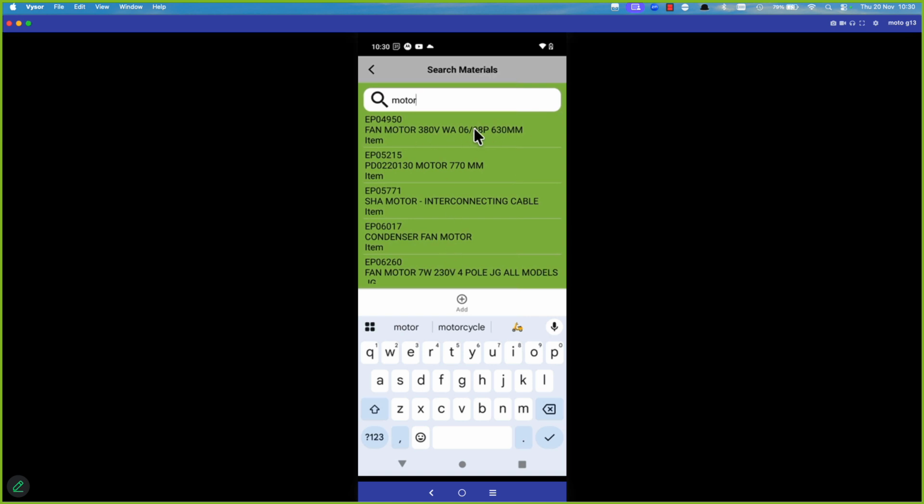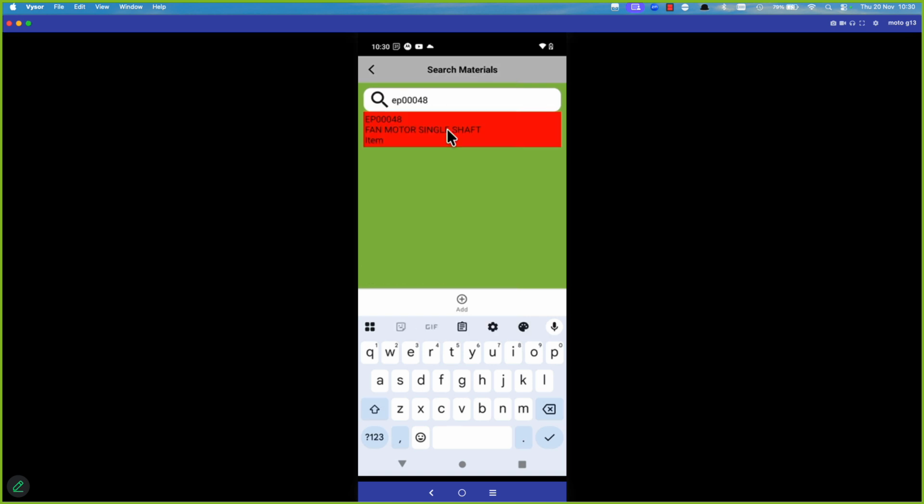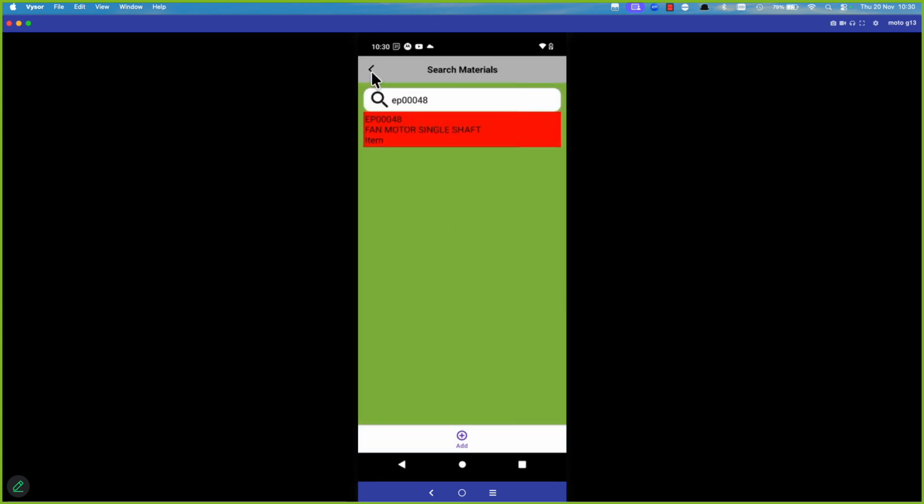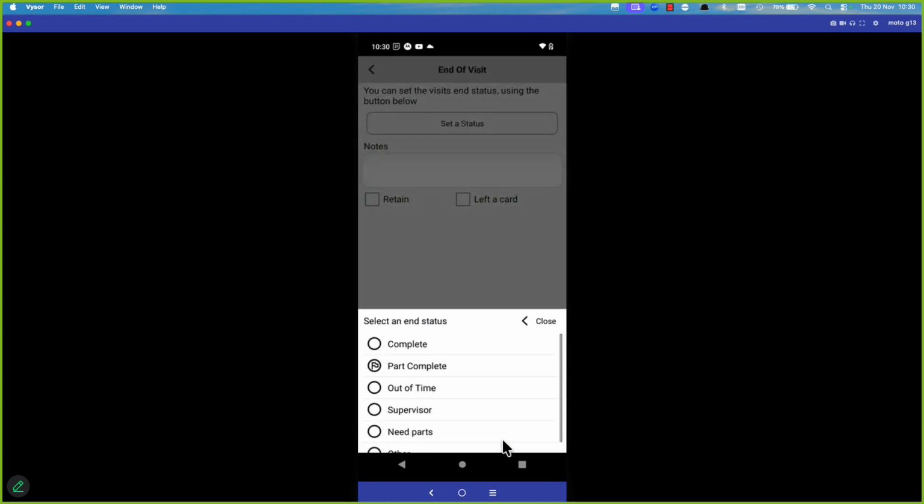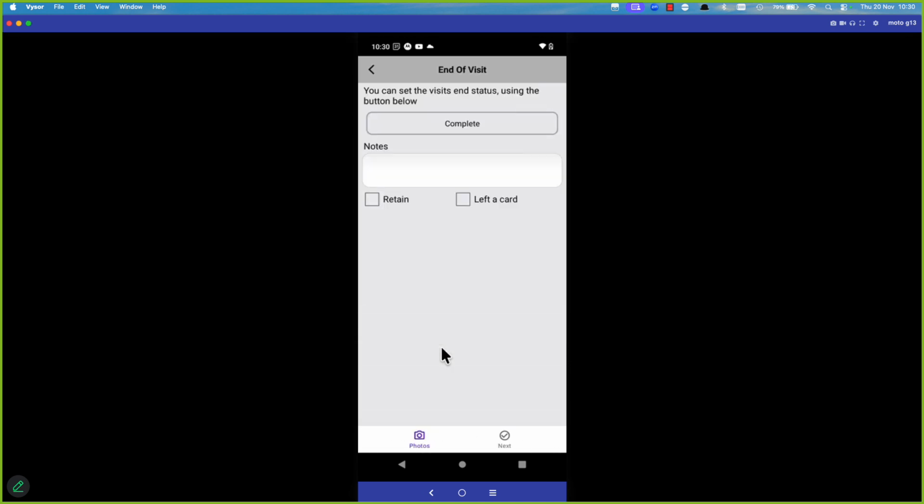So I can choose all the different things I've got on my stock items. This one, because I did say I was going to use it. I use that one and click add. If I then go back into our materials list, any items you add will be listed where you can then increase or decrease the quantities that you've used. And so then simply hitting next and ending your job accordingly, that will finish the job and will use those